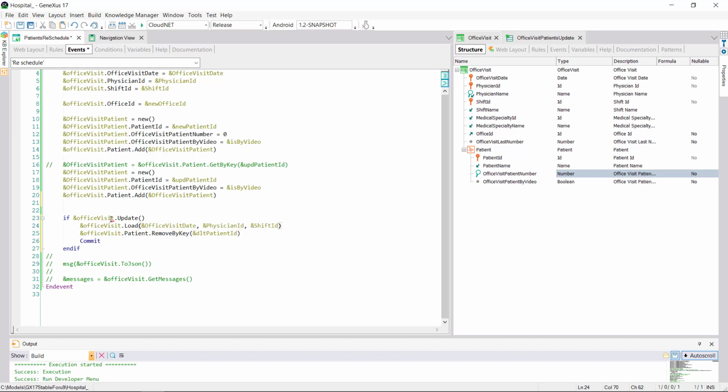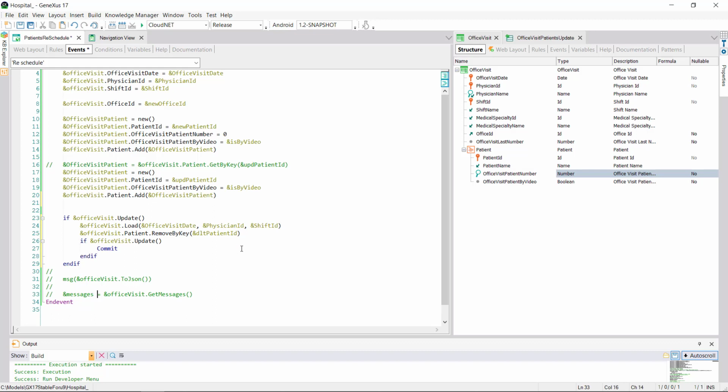In short, here we made the update, after which this new line will have been inserted in the database. And this one will have been updated because this patient exists. Then we load from the database the variable with all that done, and then delete the patient that we wanted, and perform an update again on the variable so that it executes this deletion in a physical way. If it's successful, we can then commit.